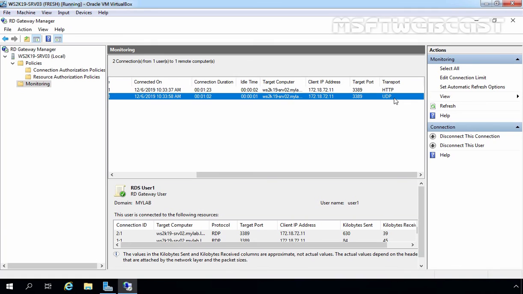If you are setting this up in an enterprise where the RD Gateway server is in a DMZ, then there are quite a few ports that need to be opened up. So you have to make sure that clients can access your RD Gateway server from the internet on port number TCP 443. Now our users will be able to connect to the RDS infrastructure securely over the internet using the RD Gateway server.